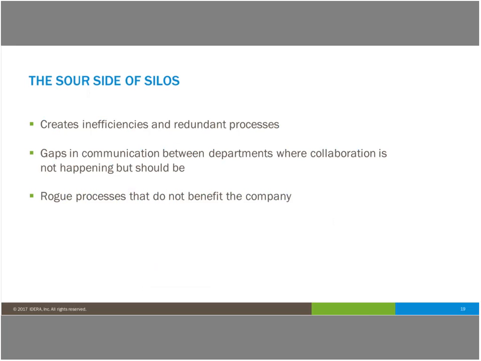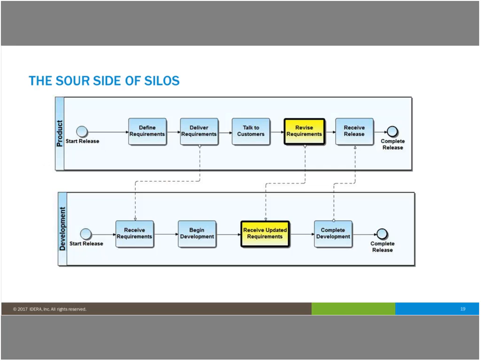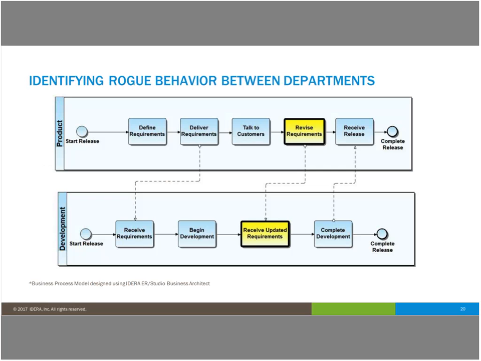Additionally, rogue processes can come in that don't benefit the company. So when you're going through your business processes, you may identify that somebody is doing something that you're like, I don't really understand how that's effective or how that's meeting the goal. So I'll give you some examples of that. So in this case,